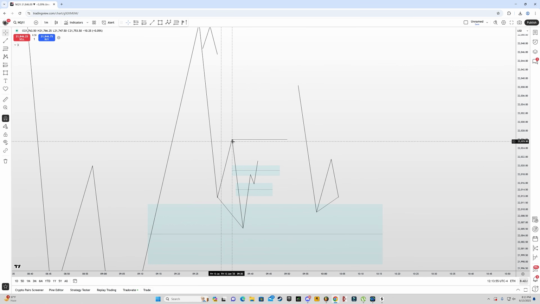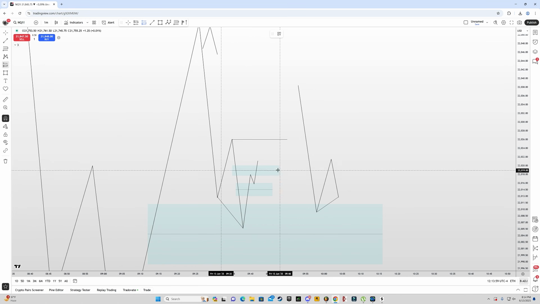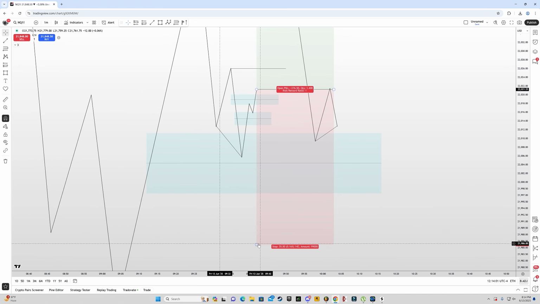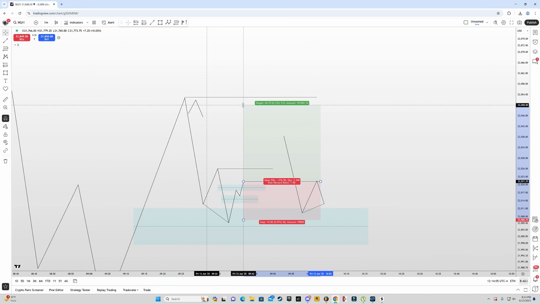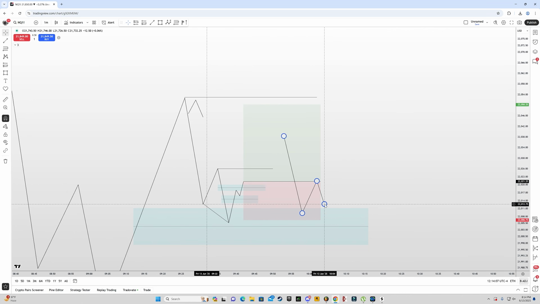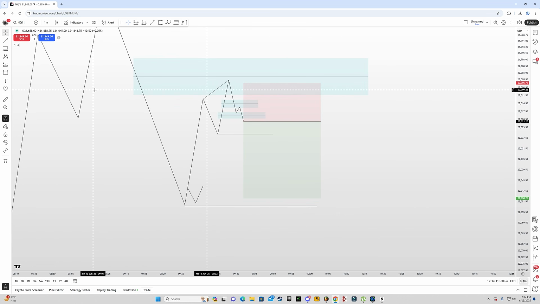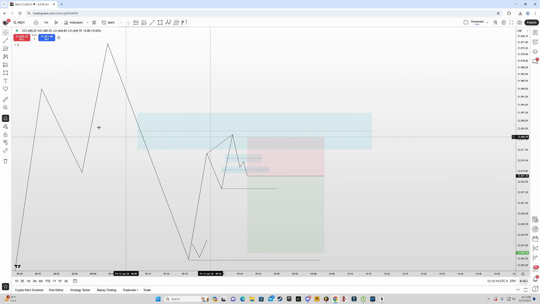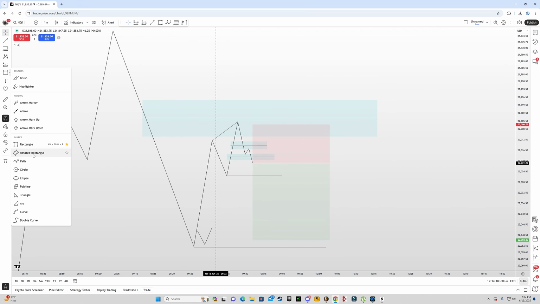Now, once price has inversed all of the fair value gaps, you simply take your entry right here. You put your stop right below the bodies, right? And you go for 1 to 2 or 1 to 1.5 if your bias is strong. That's pretty much the entire model, but I'm going to give you guys some examples so you can understand correctly. Now this is how it would look when you're about to take a short position, right?